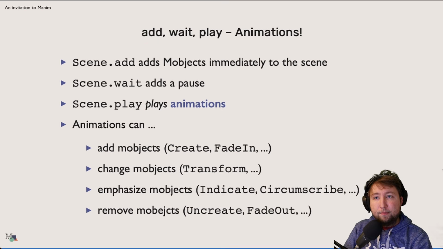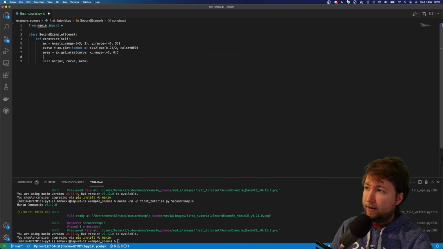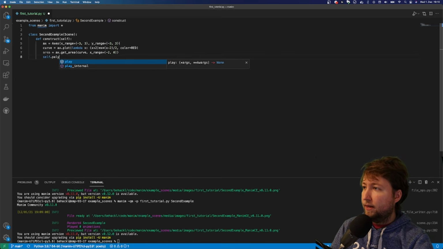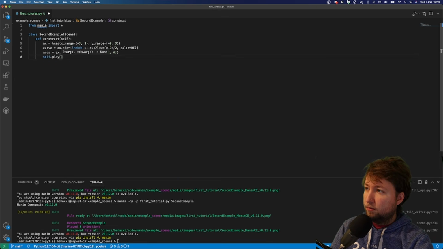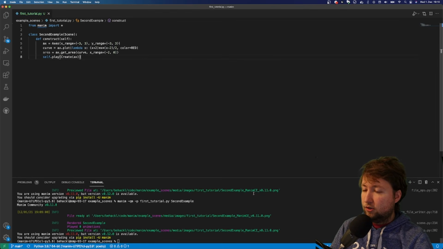Okay, now I've thrown a bunch of names at you. Let's go back to our example and do some coding. Now we want to animate things here. So we could start, for example, by making the axes create themselves on the screen. So we want to have a nice creation animation for the axis. Let me delete that and let me self.play. We want to play the create animation for the axis. And just look at what happens if we do that.